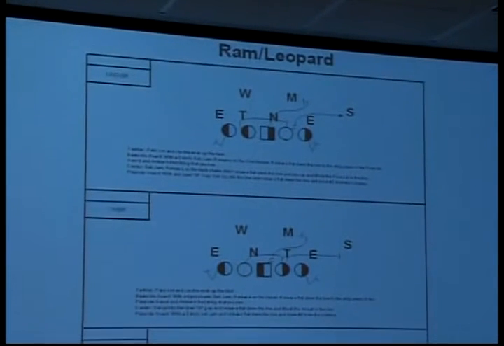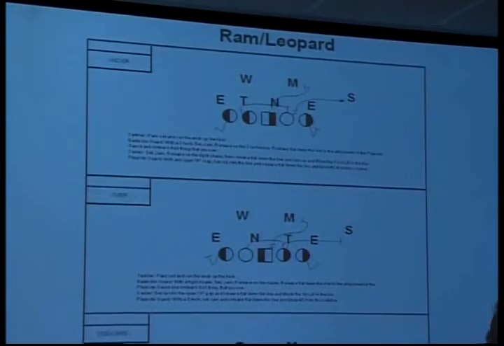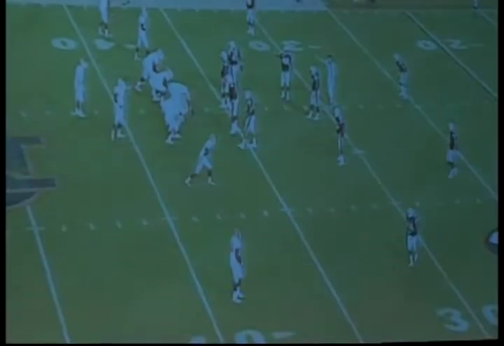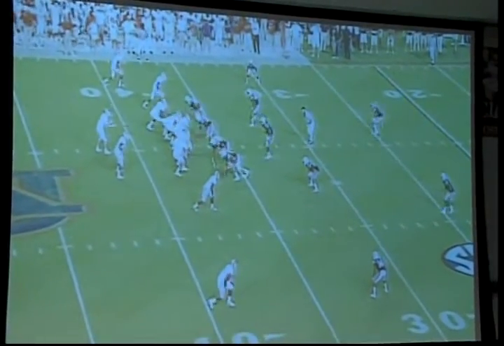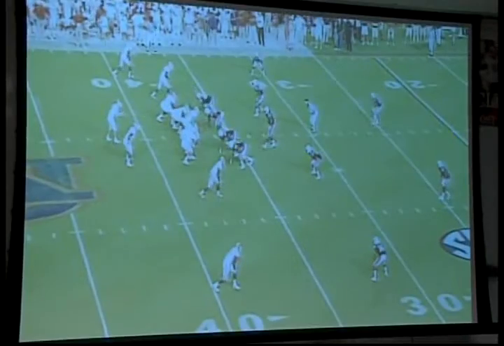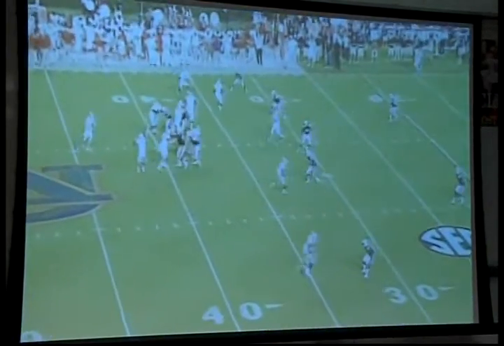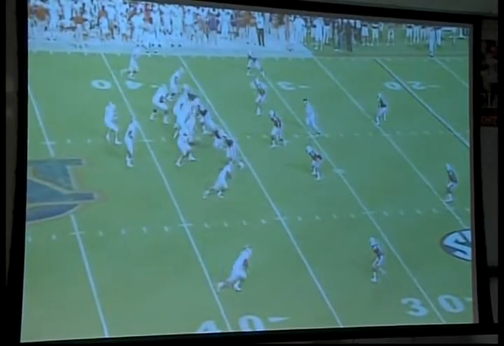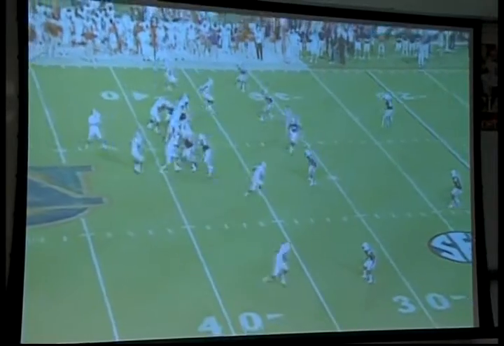Offensive line rules. Okay, go ahead. The Ram and Leopard will be predominantly to the boundary. We can run it to the field, but right now for teaching purposes, we'll work it to the boundary. You can see the guard. The guard's going to work for the alley defender. As he works up,